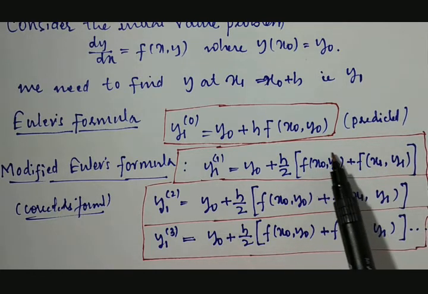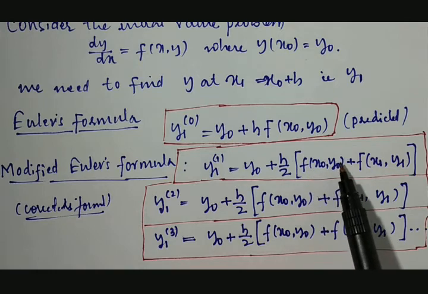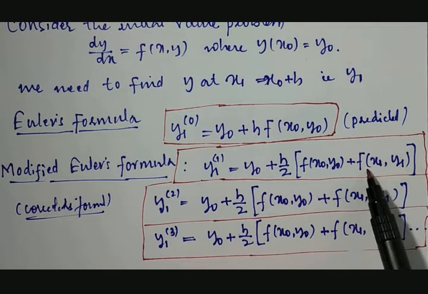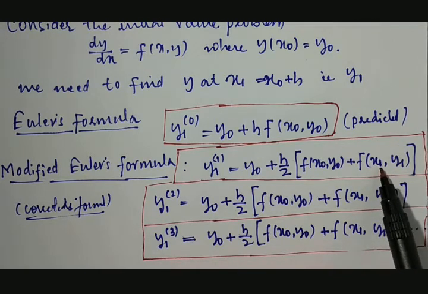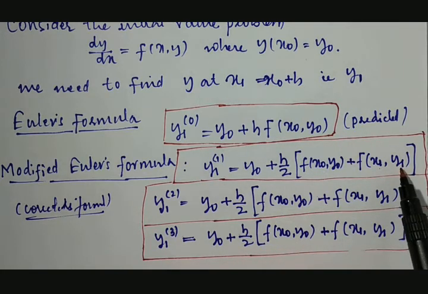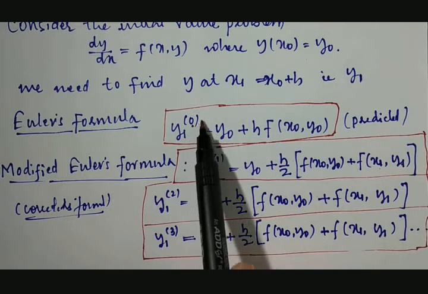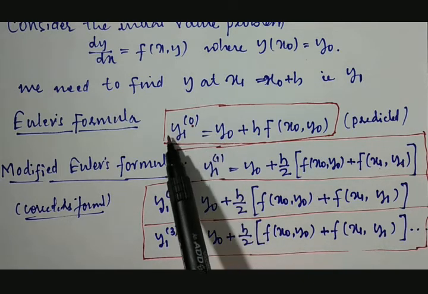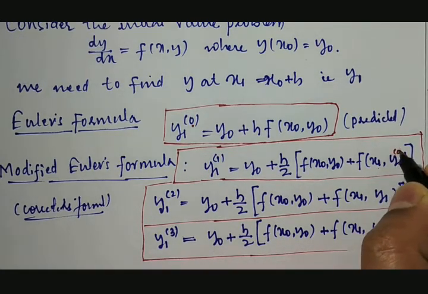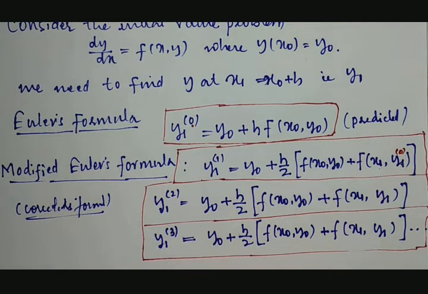Here you can see this is the initial function, in the sense dy by dx at x0 and y0, plus the functional value at x1, where x1 is nothing but x0 plus h, comma y1. Now the question comes, which y1? y1 means the recently obtained value. Which is the recently obtained value of y1 we are having? We are having the initial approximation to y1. Therefore here it will be taken as the initial approximation to y1.